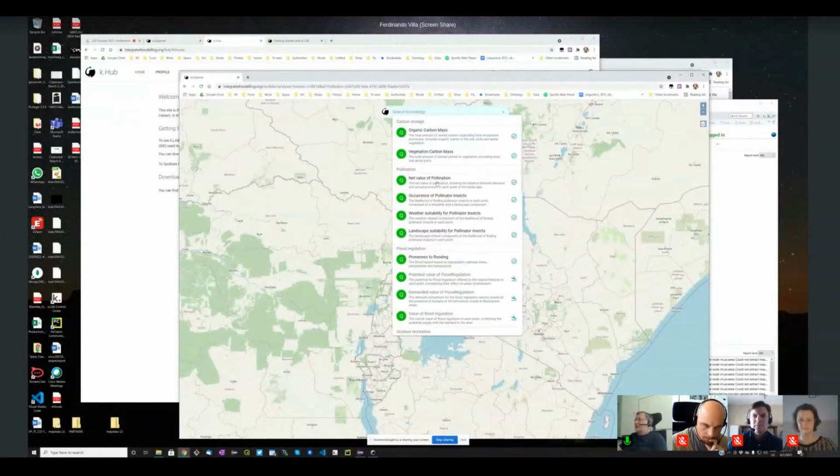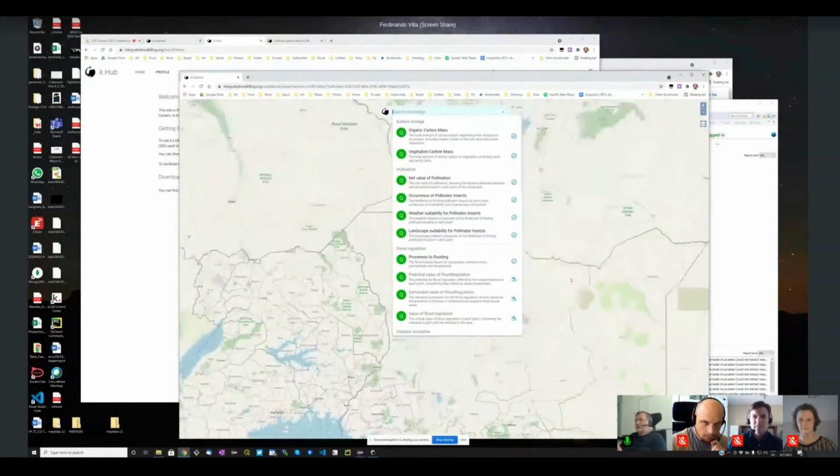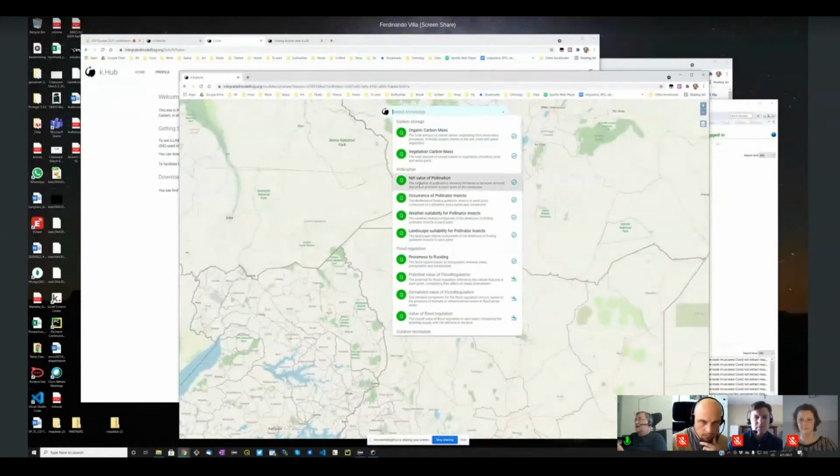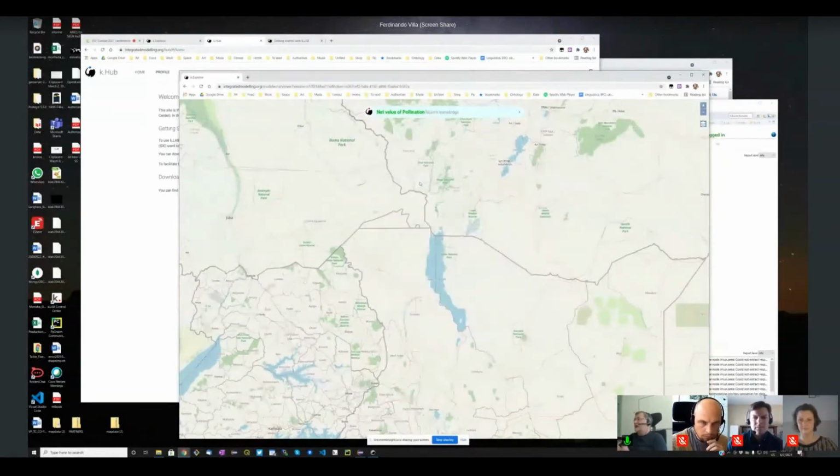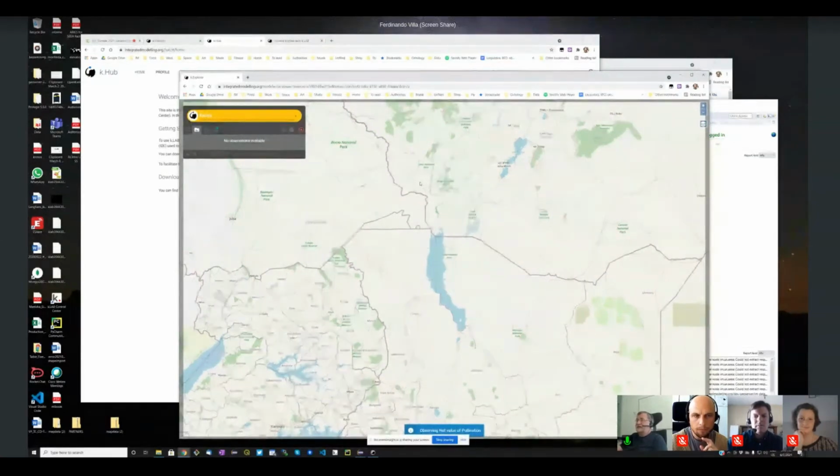So let's say I'm maybe going a little bit closer and choosing something much more complicated than elevation, like net value of pollination. Obviously, in order to compute something like this, the machine will not just access a data set. There are no global data sets for these specific concepts, and you may have set particular scenarios that will require this computation to be done from scratch in each different context. So when I click this, the operation from the user perspective is exactly the same.